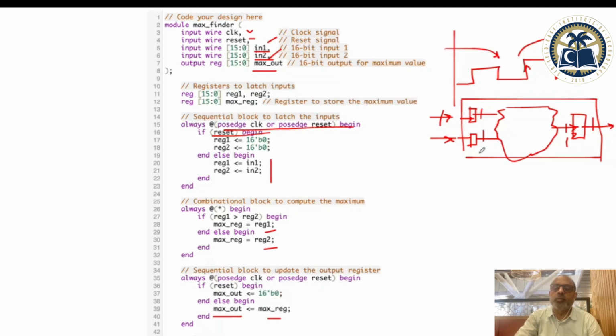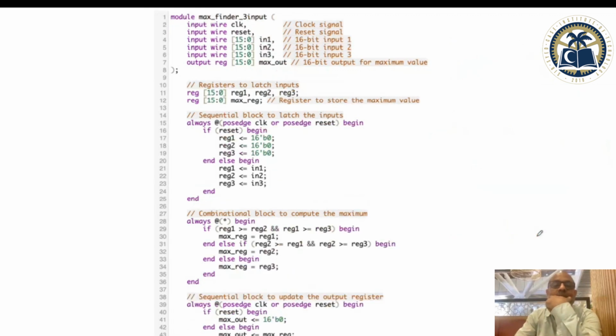So today we are going to synthesize this on an FPGA to find out how much this delay is. This delay will dictate how fast you can clock this simple circuit, which is finding the maximum of the two values. Now I said, start increasing the size of the combinational cloud, to see that once you increase the size of the cloud, obviously the critical path will increase and you will not be able to